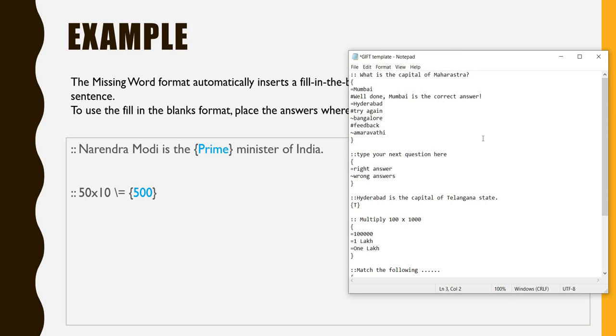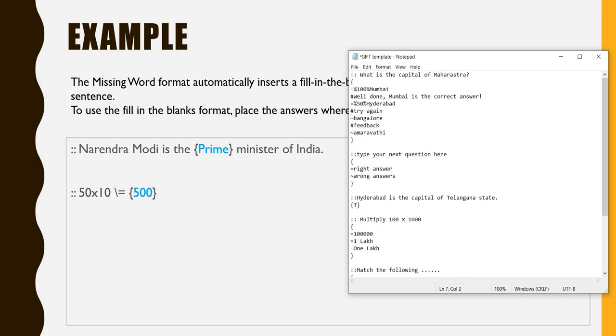What I do, if the student gives Mumbai, I want him to be given 100% of the score. So just click 100%, that will take 100% marks if somebody answers Mumbai. If somebody answers just Hyderabad, I am asking the website to give 50%. This can be done like this. And if somebody answers Bangalore, it should give a negative mark.